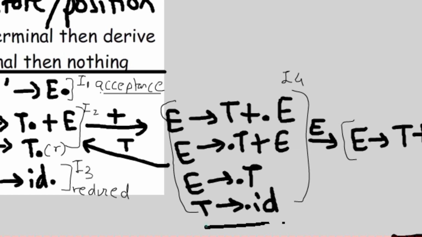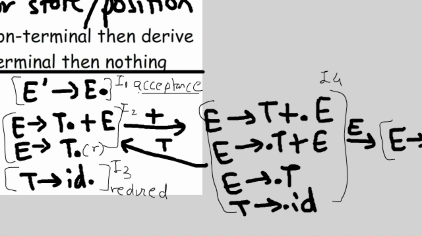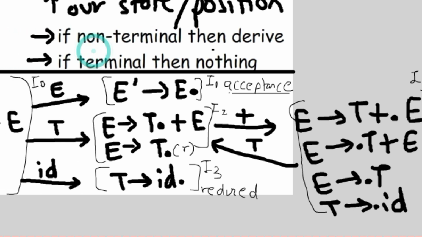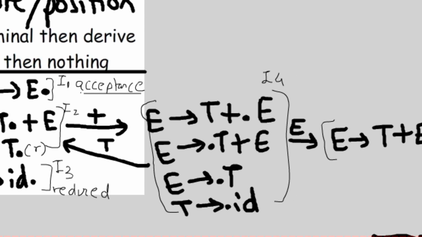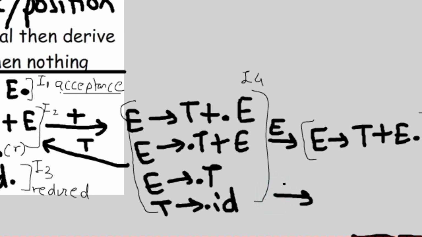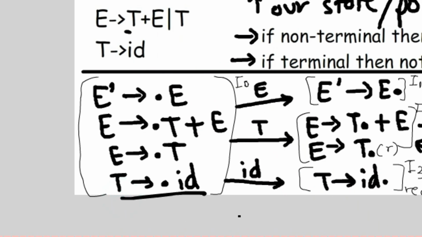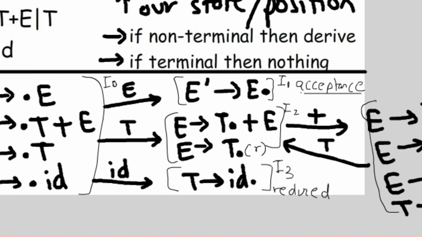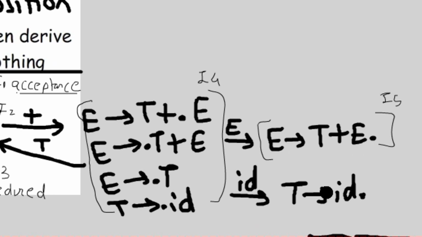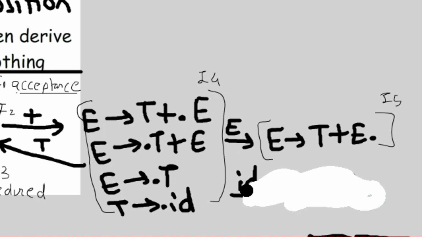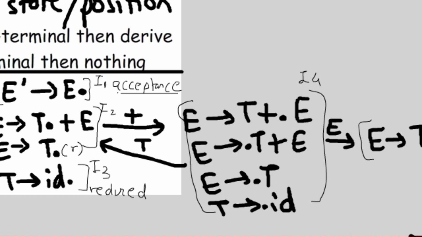Now look at the last one. T tends to dot id. Now when there is a dot in front of a terminal, you have to do nothing. So you will just go to the next step. When you go to the next step and dot has read id, you will create T tends to id dot. But there is already a T tends to id dot, because in the last equation also the dot has read id. So instead of creating this again a second time, we will just erase this, and then